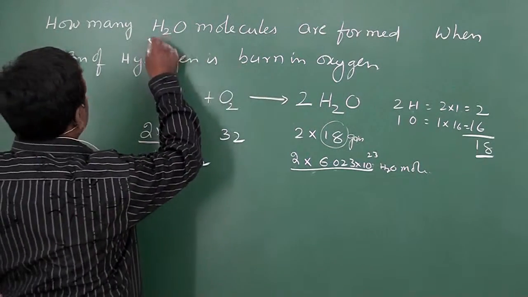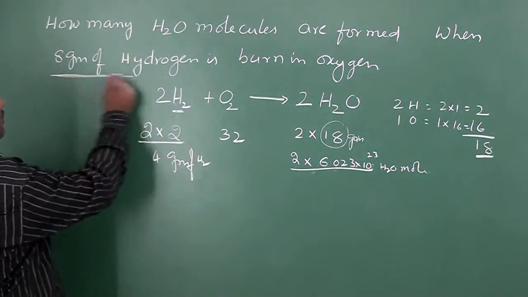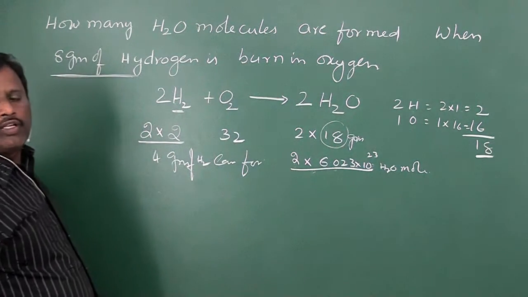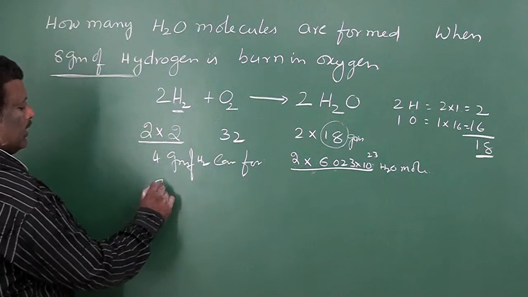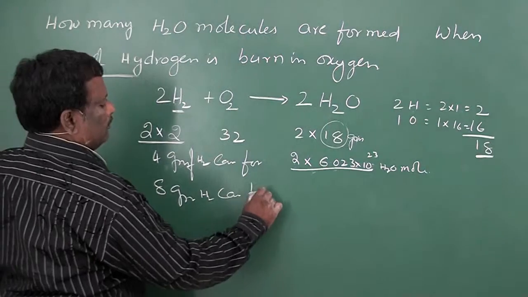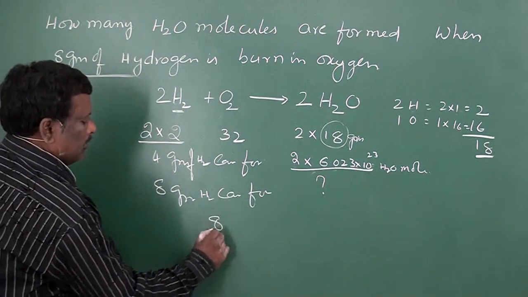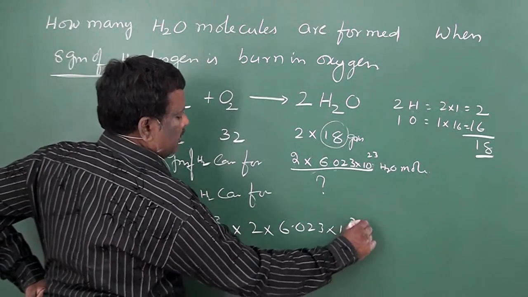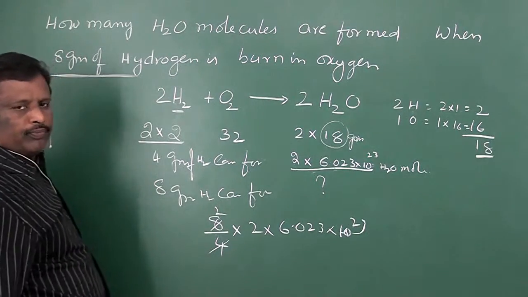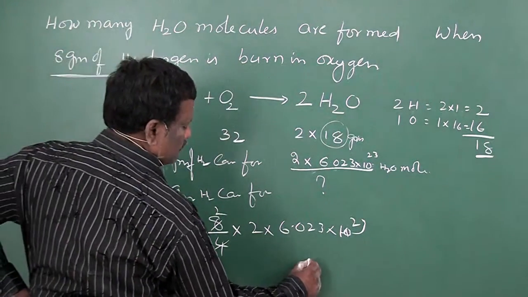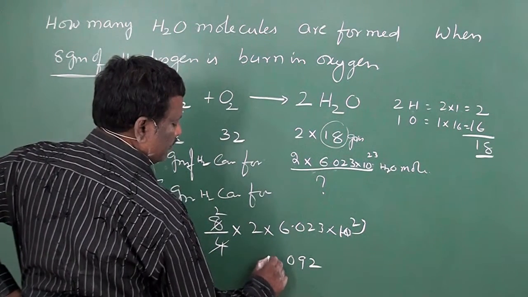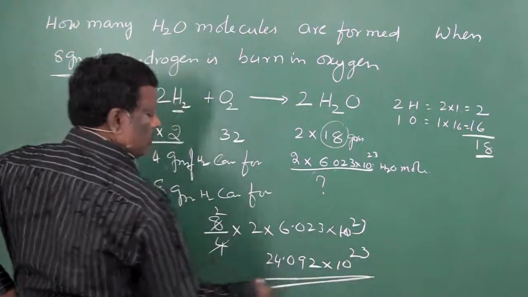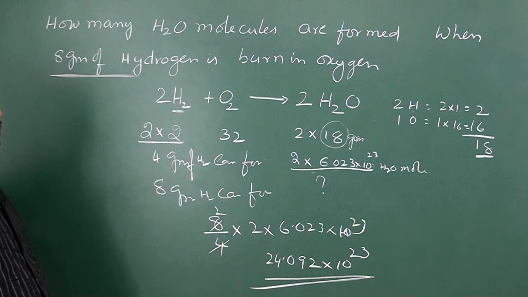Now what are they asking? Number of H2O molecules formed when 8 grams of hydrogen is burned. So 4 grams of H2 can form 2 into 6.023 into 10 to the power 23 molecules. Now 8 grams of H2 can form how many molecules? 8 by 4 into 2 into 6.023 into 10 to the power 23. So 2 times 2 is 4. Multiply 6.023 with 4: 3 4s are 12, 1 3 2s are 8, 9, 0. 24.092 into 10 to the power 23 H2O molecules can be formed when 8 grams of hydrogen is completely burned